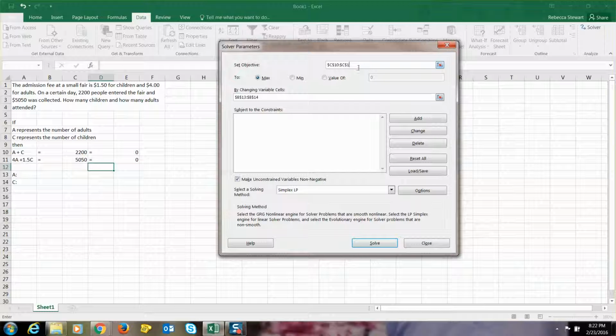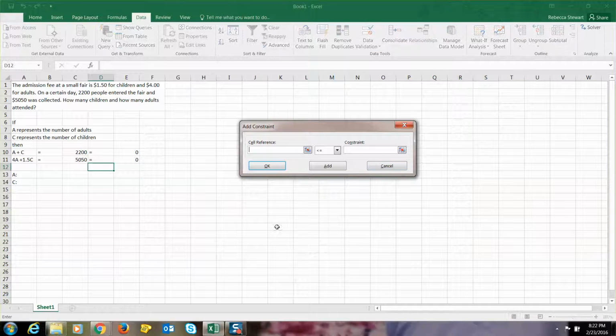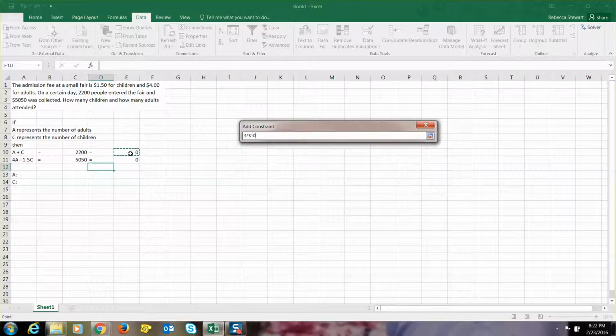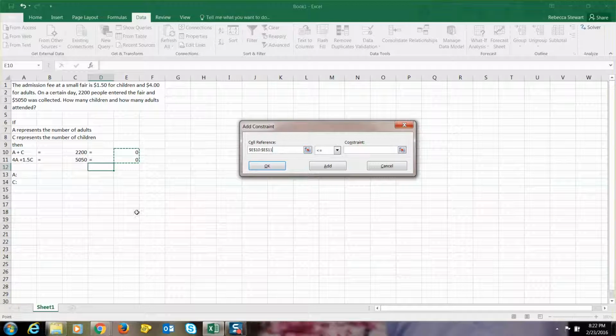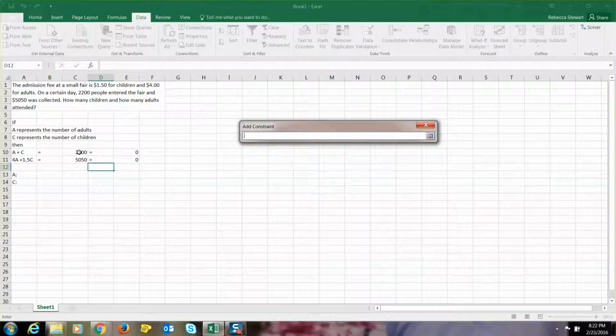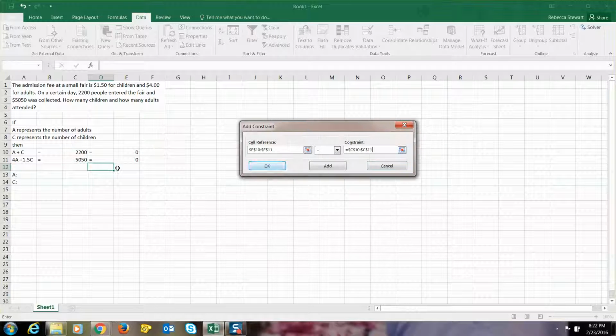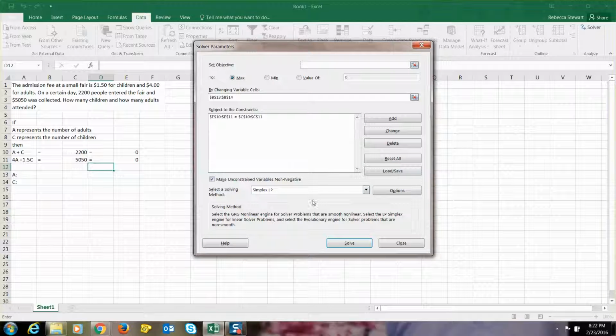Sorry, we want to clear that box. So we want to add some new constraints. We want to say these two cells that we typed our equations into, we want to highlight those now, make sure they're equal to, and for our constraints we want to highlight these other two cells where we typed in our values, and we click OK. Alright, now we hit solve